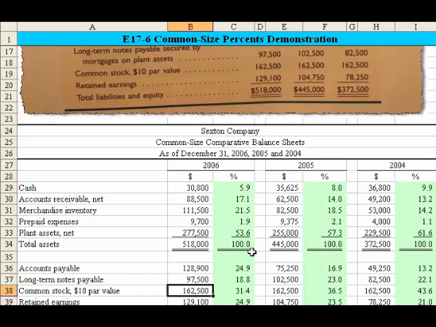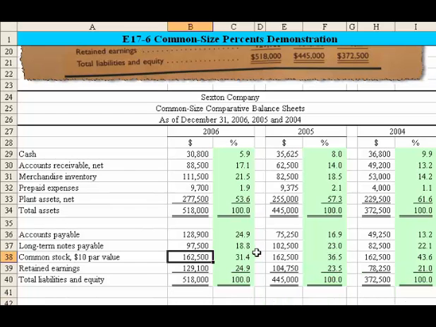The percent of assets shift is just due to the change in the mix of the other assets and liabilities that make up the business. And that takes care of the analysis component. So there in front of you is the full answer in green, and the analysis component requires you to compare the numbers going across, but certainly don't do it in a vacuum. You need to look at the entire balance sheet and the income statement taken as a whole, and in this problem we're not really addressing